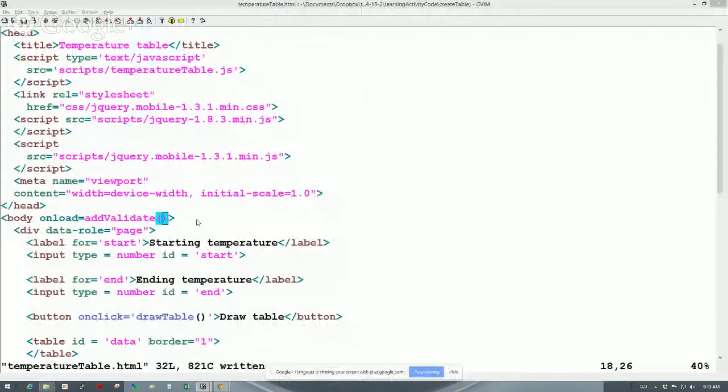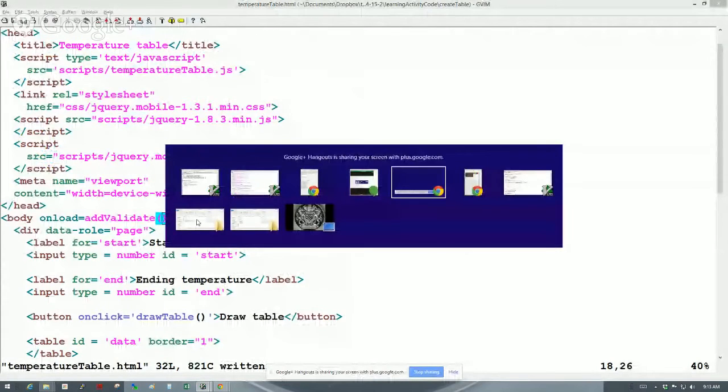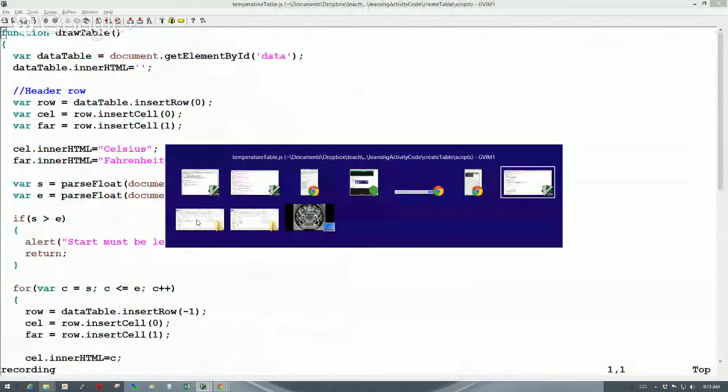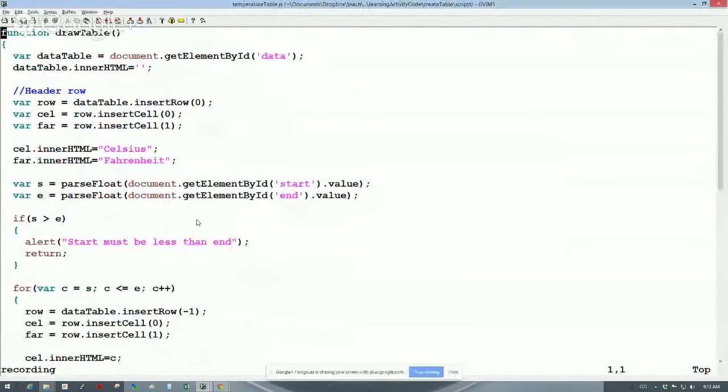I have not yet got that program. Actually, I just got my cheat sheet up there. Okay. This is my program, and I'm going to now add the validation function. So my validation function is going to be,